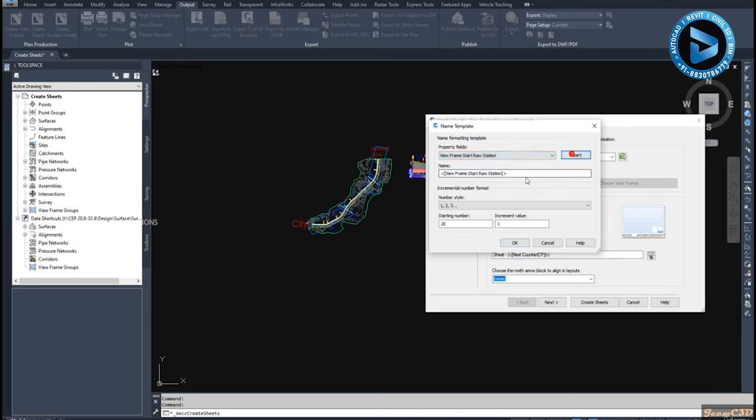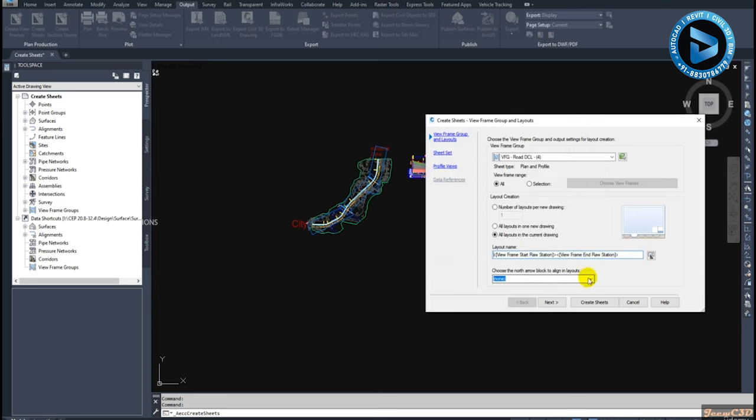view frame start row station dash view frame end row station. I will change the starting number to 1. It does not have any sense here, but I just change it. I click OK now. Then for the north arrow, in our title block or in our template drawing, plan production